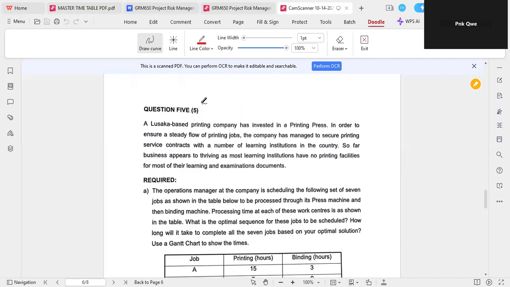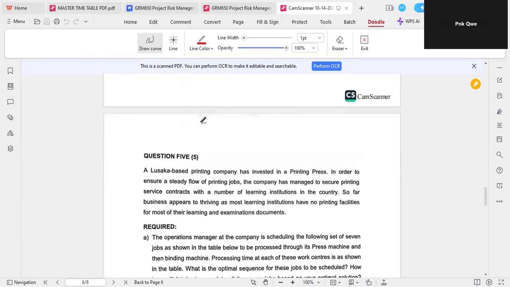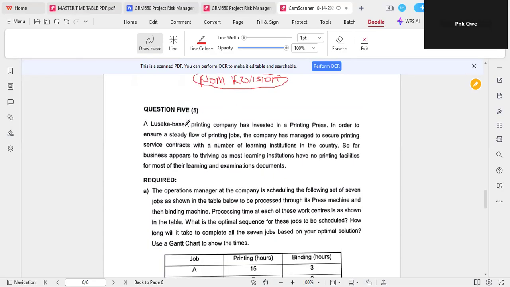Okay, good afternoon. We are getting down to poem revision. For this revision, we can look at question 5, which is on shop floor planning. We'll start with this question because the other time we looked at